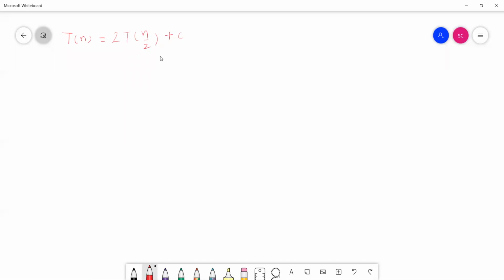Now c means constant time. Here 1 can be given, 2 can be given, 3, 4, any numeric value, or c. It means constant time. Now what does this equation mean? This equation means that after doing c amount of work,